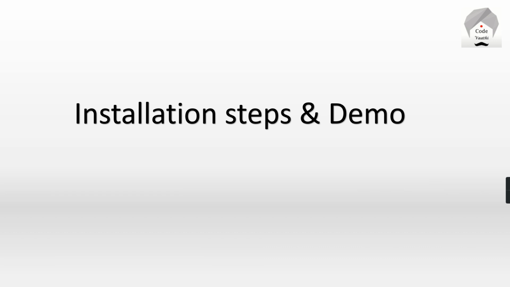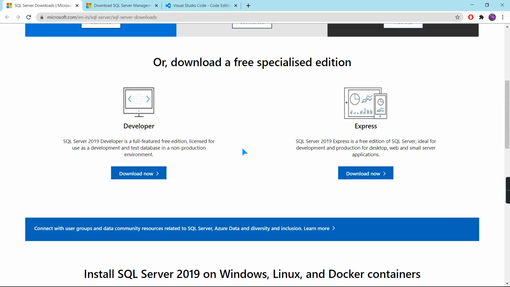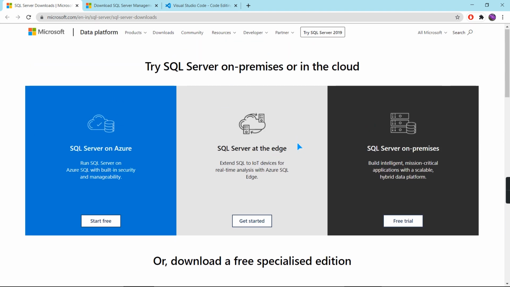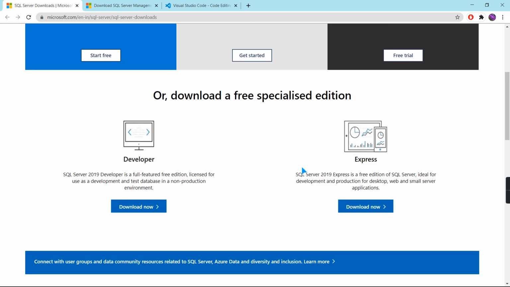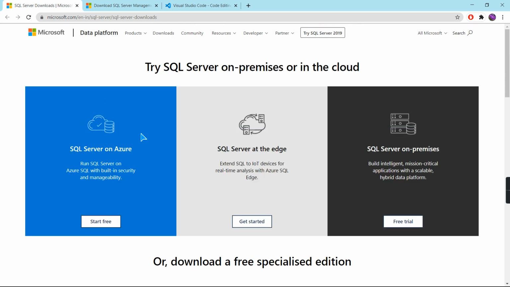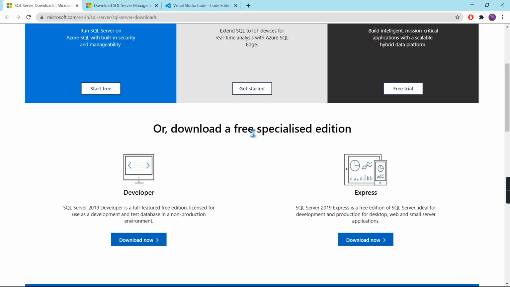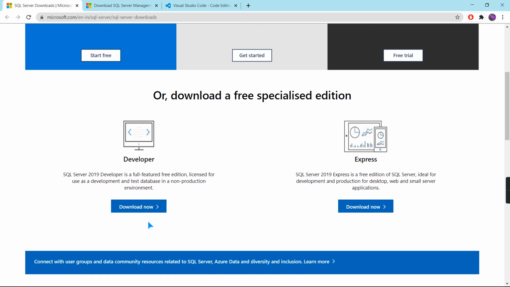Next we will move on to the installation steps as well as a quick demo on how to use SSIS. Mainly we require three tools. First is SQL Server, where we need to create a database and tables. You can see SQL Server on Azure, Edge and on-premises, and they provide free specialized editions also, Developer and Express. I have installed Developer Edition,